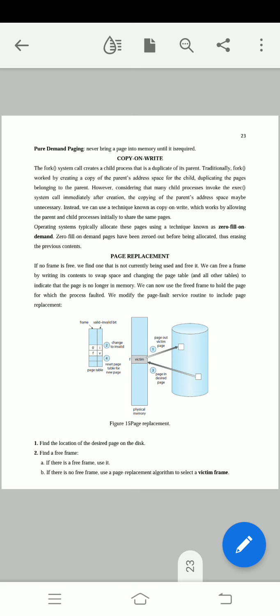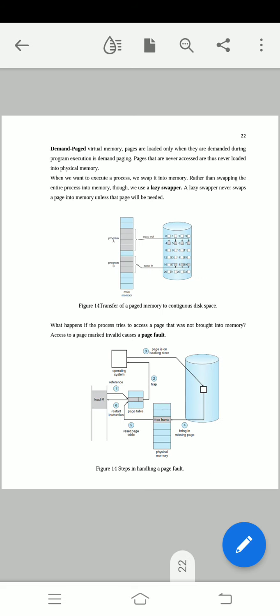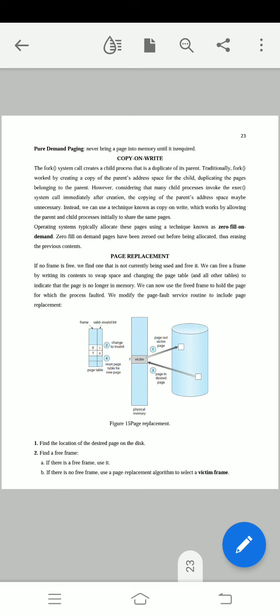Once it has been updated, as you have seen in the previous diagram, we need to restart the execution. When there is no space in physical memory, I need to select a particular page for replacement. This concept we call page replacement algorithms.